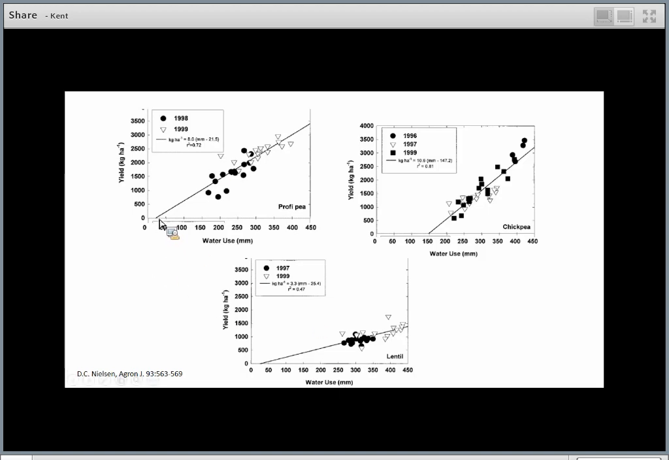So you have to have about an inch of water before you get any yield, or you're on that line above positive yield for peas. Same thing with lentils. It's about 25.4 millimeters before you get any yield. But look at chickpeas. Chickpeas, you have to have 150 millimeters, or 6 inches, of water before you start getting any